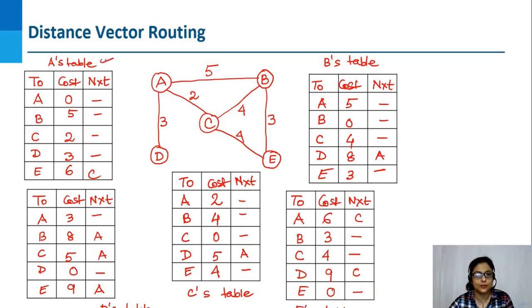Let's look at A's table. Now, A's table is all the same for the points from A to D with the exception of E, because now E has updated its table and A knows that in order to go from A to E, the shortest path or the least cost will be to go to C and then to E. So the next hop will be C and the cost will be 4 plus 2 is 6. Similarly, all other tables are updated. Like D's table is updated, C's table, E's table, as well as B's table will be updated.